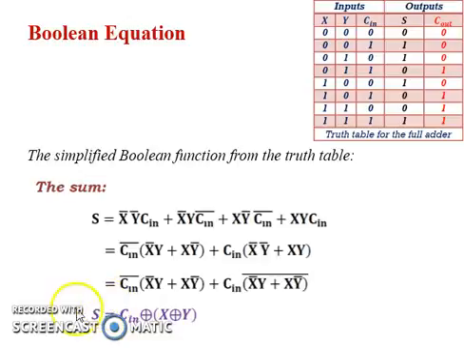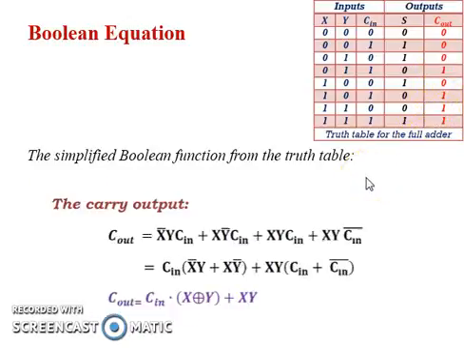for the sum term. In the same way, for generating the Boolean equation for the carry term, again at 4 places we are getting the output 1. So if you add these 4 terms where you are getting the output 1 and write it down, here is the equation of the carry term. After applying Boolean algebra, this one is the reduced Boolean expression for the carry term.